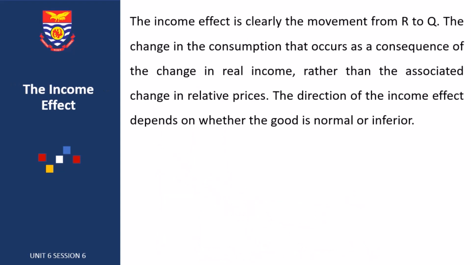Now, the income effect is clearly the movement from R to Q. You can play back to look at the diagram that we sketched, then look at R to Q. From R to Q, you can see that we even had a different budget line. The budget line was CD, and the budget line on which Q was on is AB1. So we could see that there was an increase in income, which shifted the budget line from line CD to line AB1. And as a result of that, we had to draw another indifference curve, which was U2,